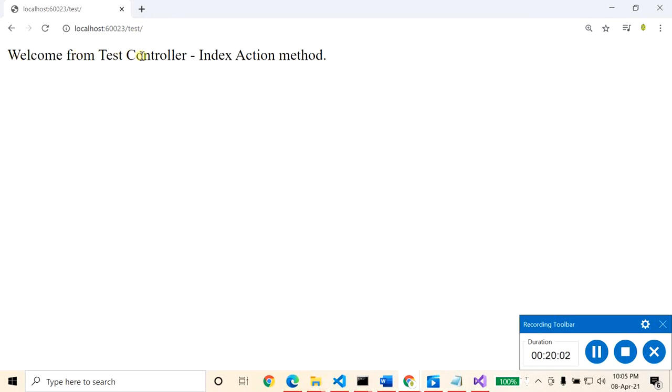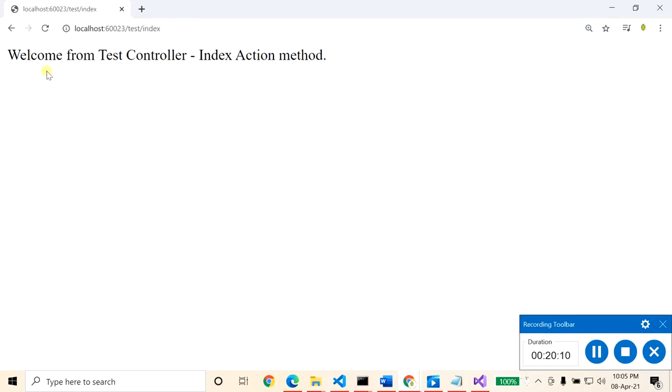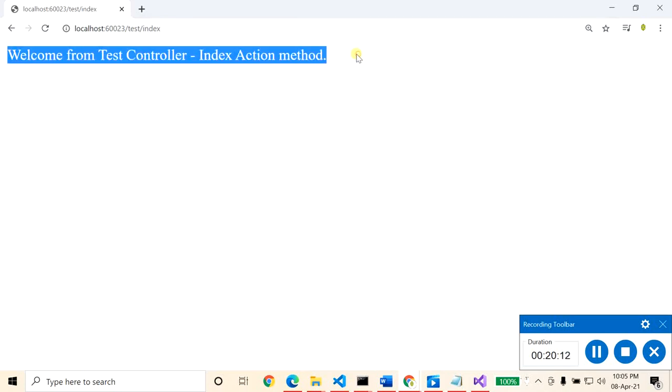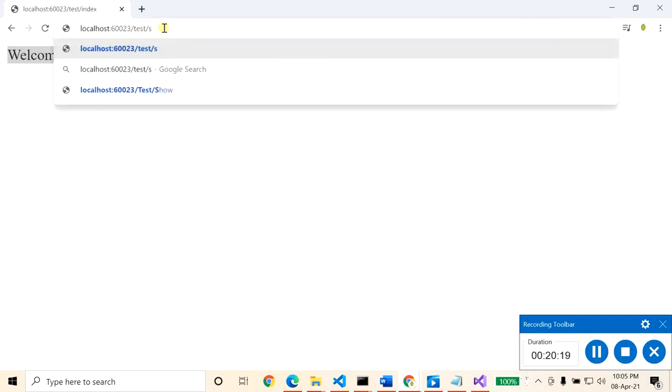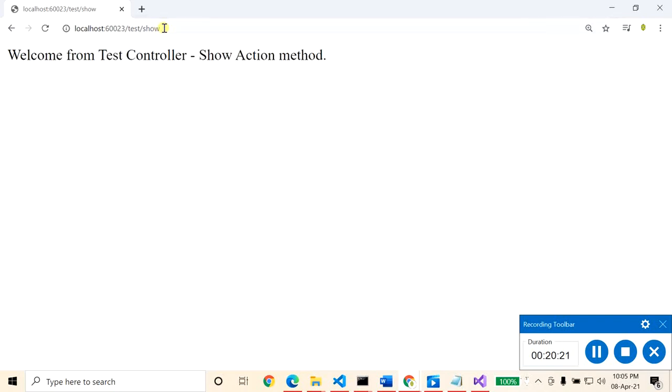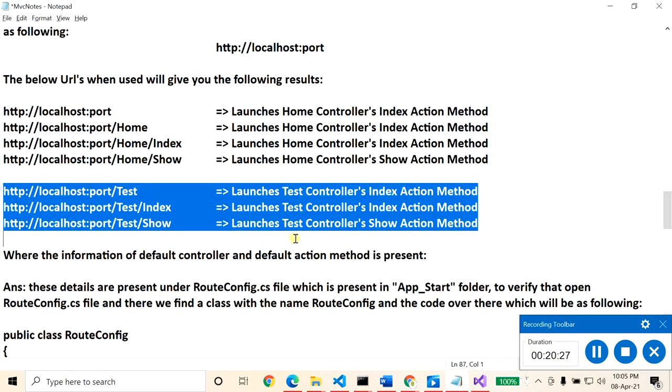So: welcome from test controller index action method. If you add index, it will be the same thing, nothing changes. Now to invoke the show method, we have to put show here: welcome from test controller show method. So they are the same thing.